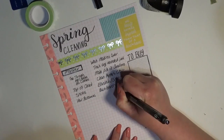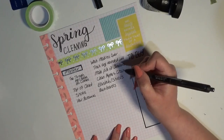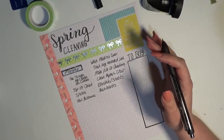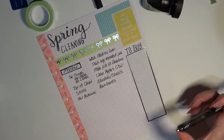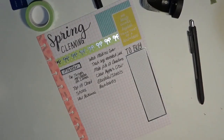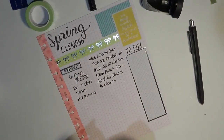I go through and sanitize all the light switches and doorknobs like two to three times a month. So I know I don't need to do that, but I want to clean the baseboards. Let's see. I think that might be okay. I'm going to go ahead